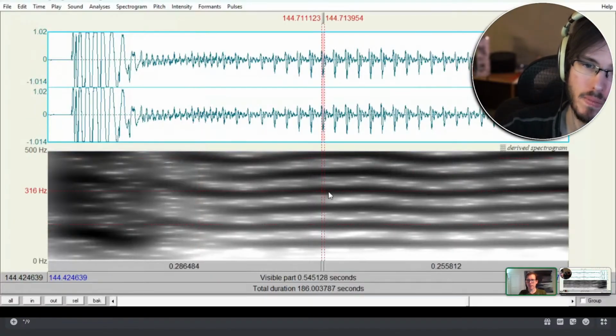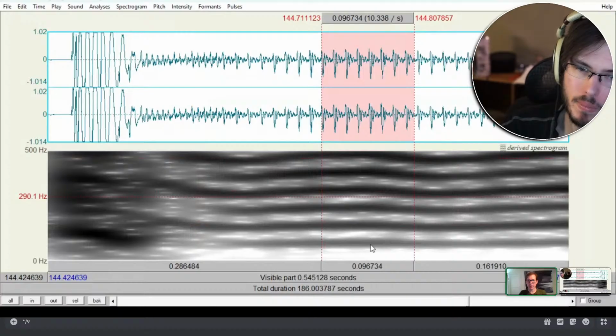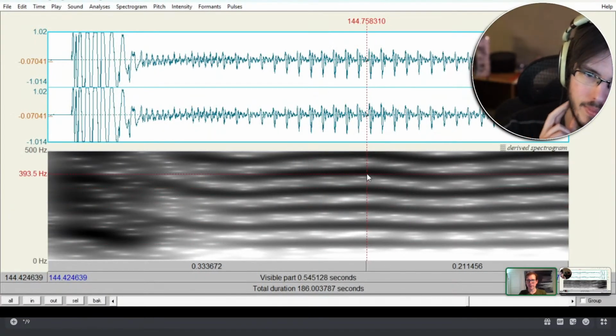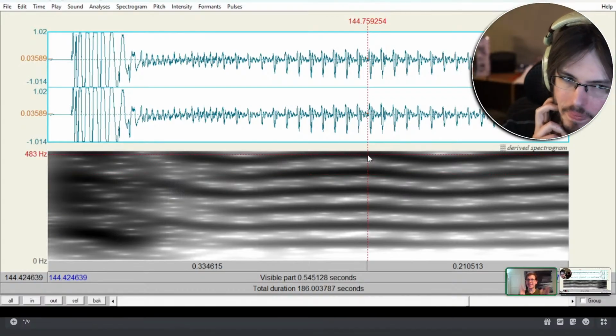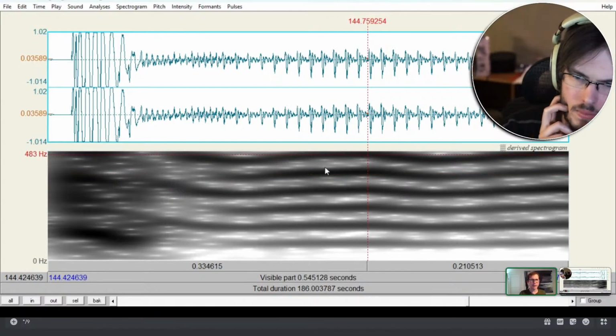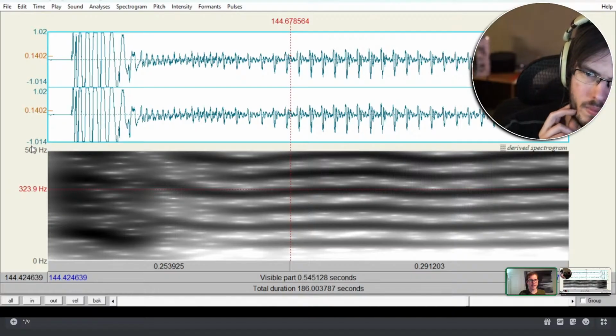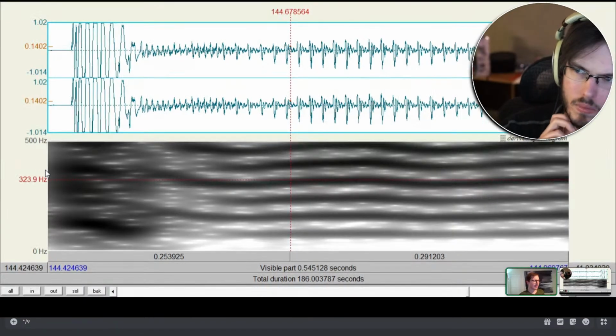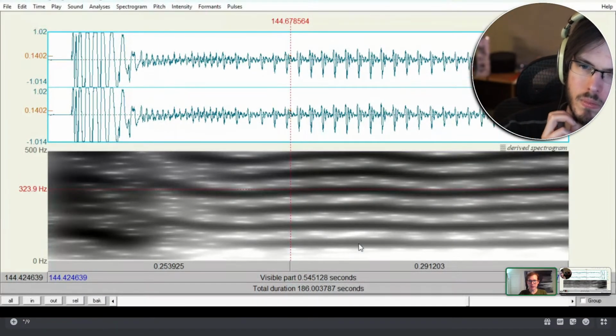If I then go over to the throat bass section and count how many harmonics there are, 1, 2, 3, 4, 5, 6, that's suddenly 6 harmonics within 500 hertz. I know it's 500 because that's the view that I set it to over here. I can see 0 to 500 that I'm looking at. If I go back to my calculator, I'm doing 500 divided by 6 now. That's a fundamental of 83, which is about what we see here.